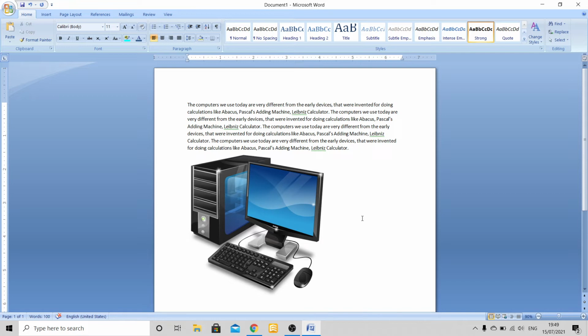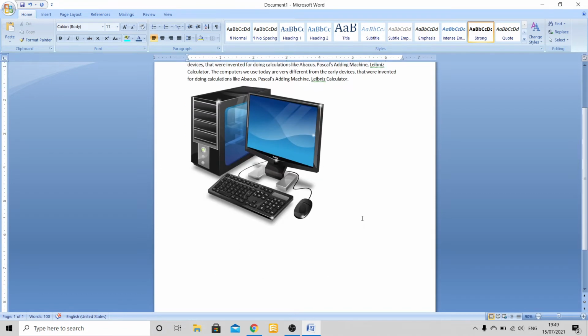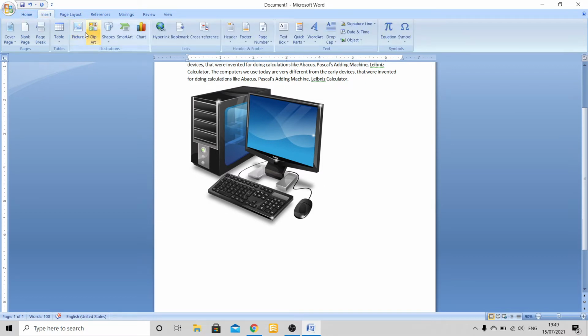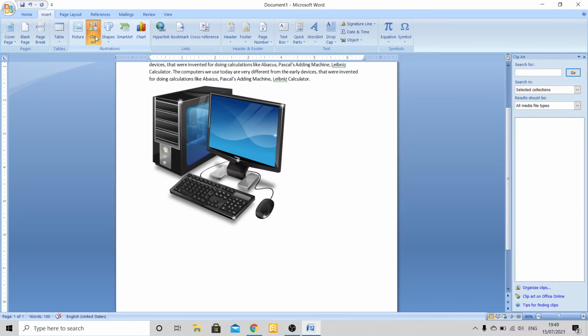Next we have inserting a clip art. Now how will we insert a clip art? For that, go to the Insert tab again, and next to the picture option you have a clip art option. As soon as you click on the clip art option, see, a window will open to the right side of the document here. This is called your clip art insert tab, right. Here we can search for the image which I want. Suppose I want an image of a computer. So I'll write computer, I'll click on go,